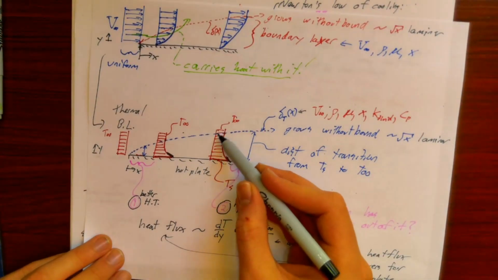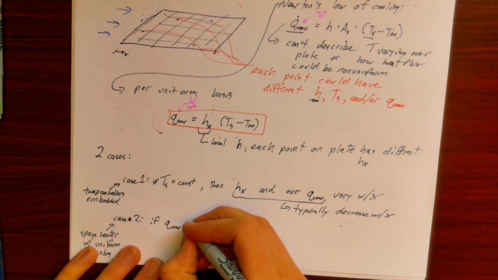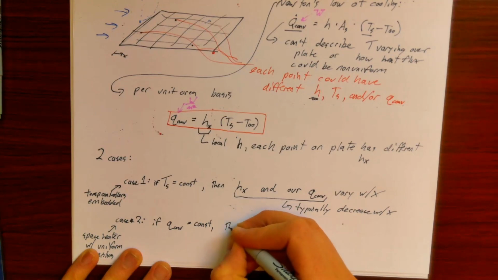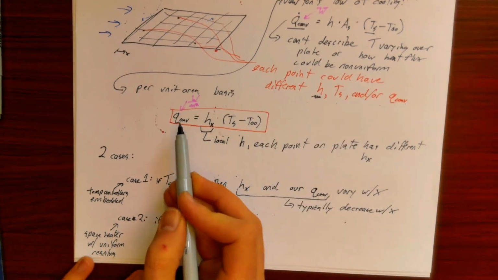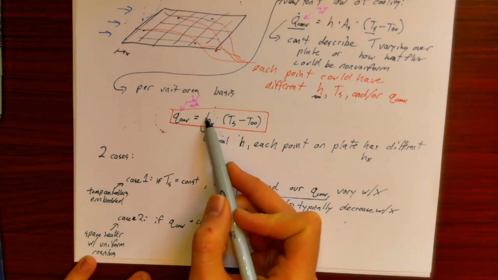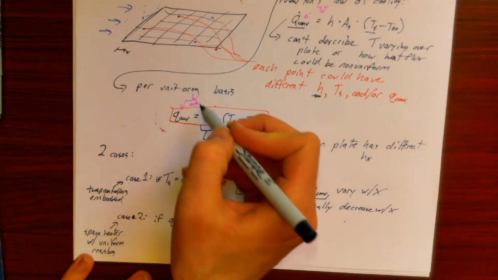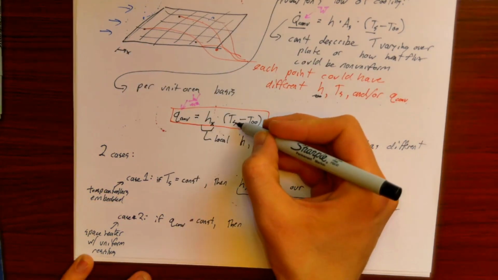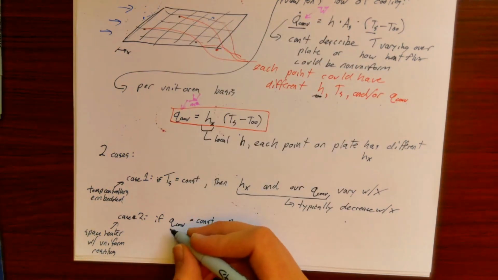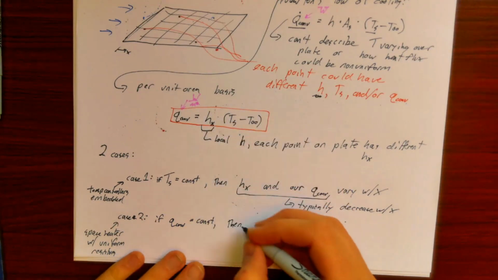But we know that poorer heat transfer occurs on the downstream region of the plate. So if our Q dot convection is constant, then, so if this is constant, and this gets worse as x goes on, right? So as x goes on, we get more of this polluted air phenomenon. Then surface temperature must be rising as we move down the plate. So if our convective heat flux is constant, which might be the case if we have electric heaters, then